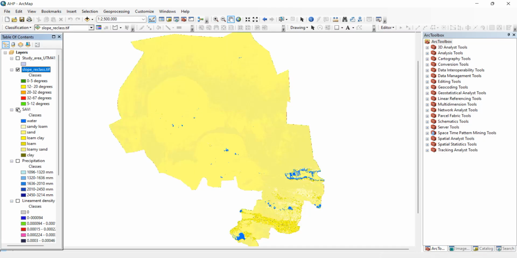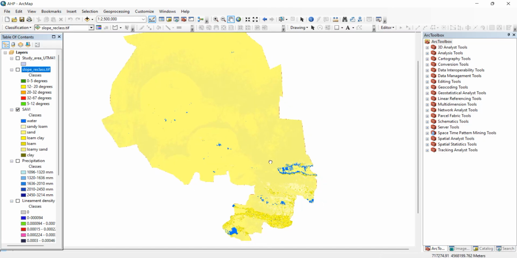The next one is the SAVI map. During the classification of SAVI, we divided our study area into 7 classes. Some areas are water, and most of the areas we divided